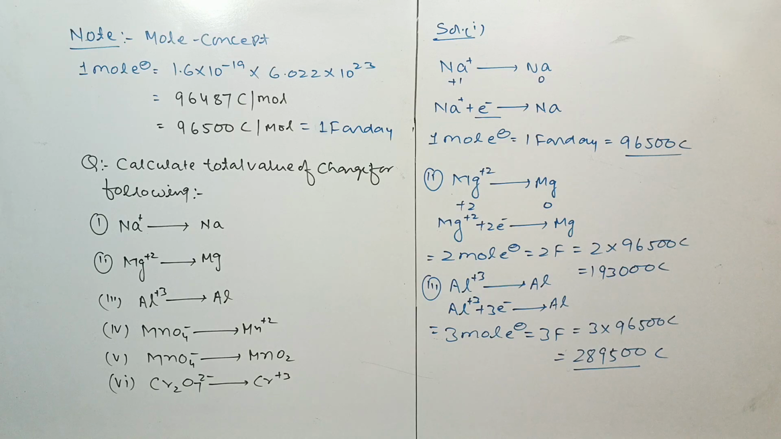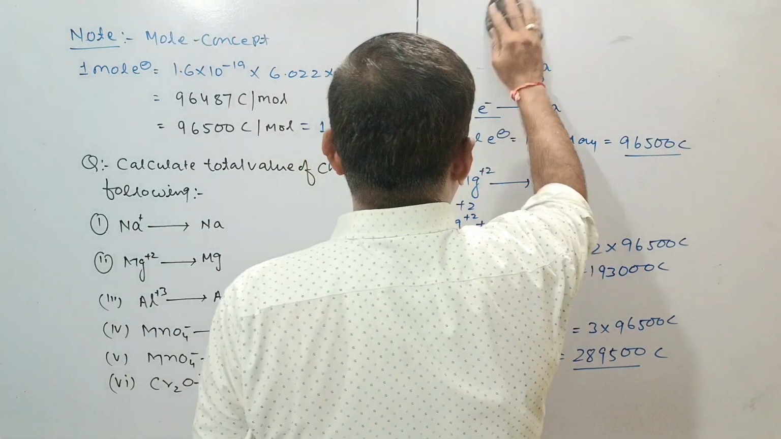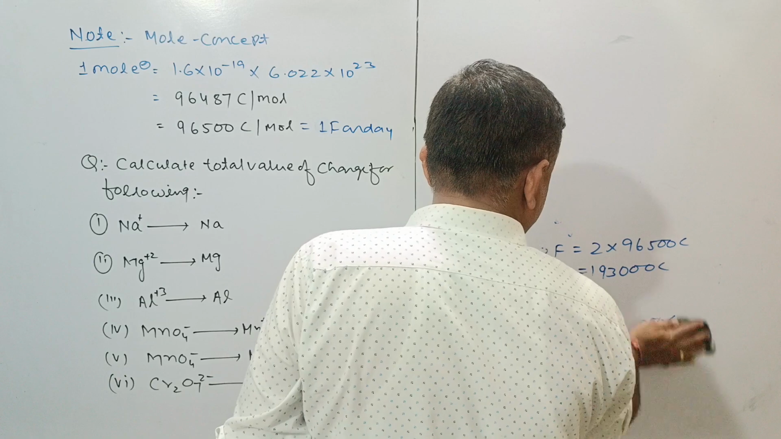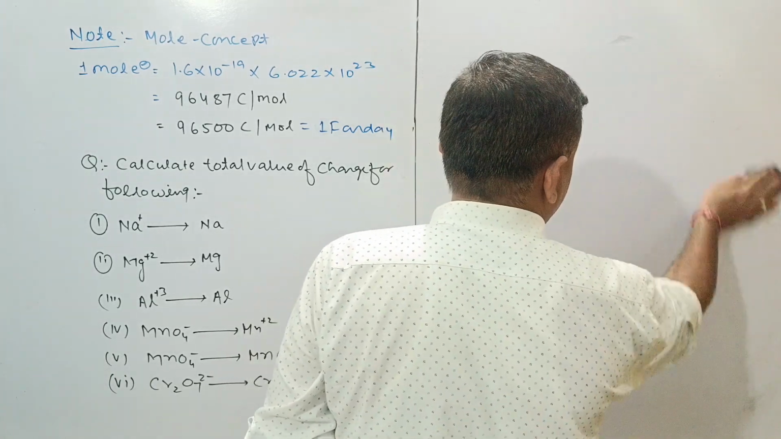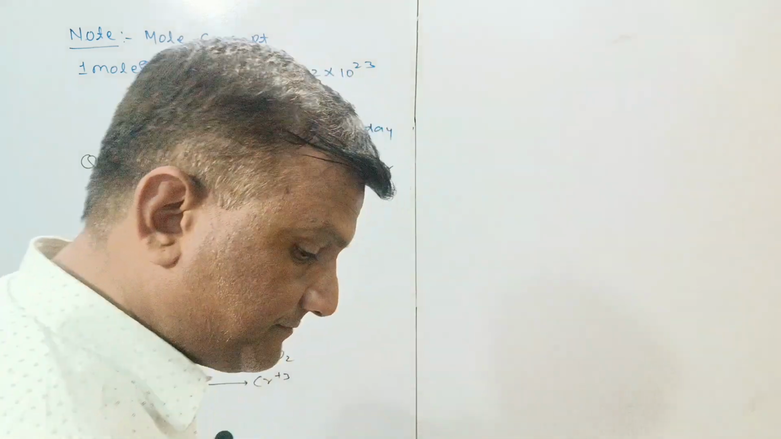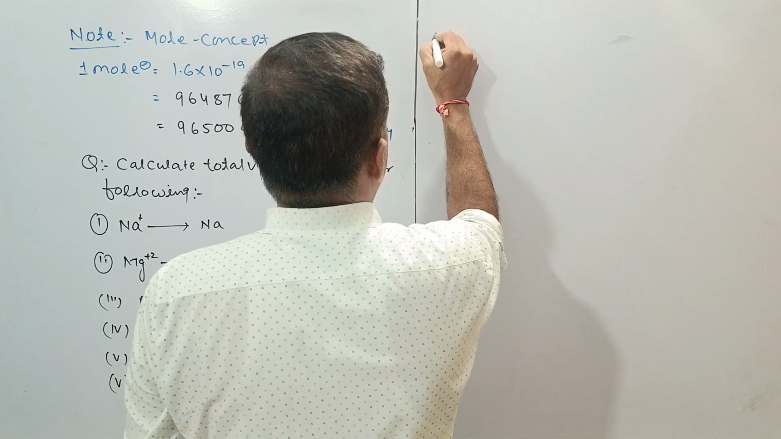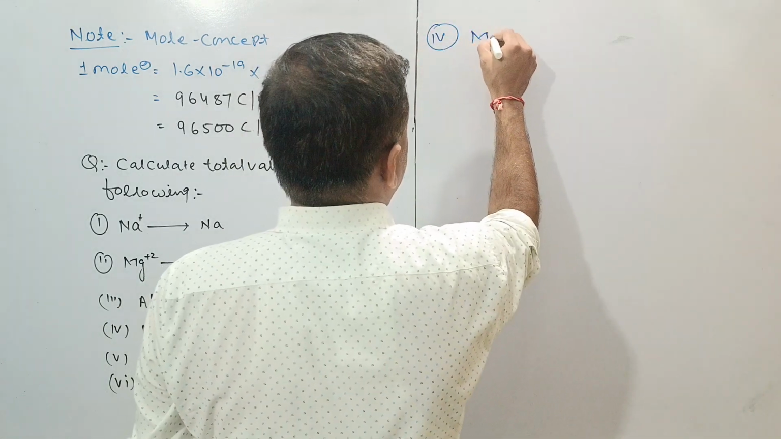Go through properly. Now it's time to discuss questions number 4, 5, and 6. All three questions are very important. So what are they? Listen to me carefully. Regarding question number 4, remember one thing, this is the permanganate